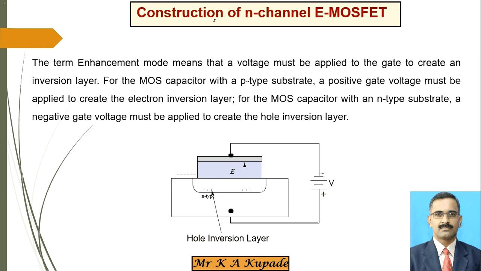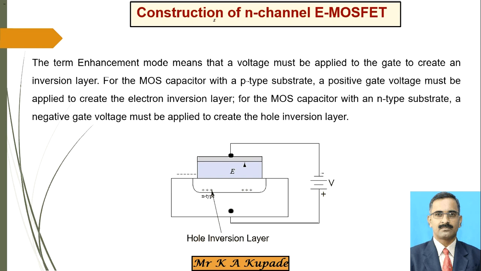In between that particular silicon layer and that particular substrate, an inversion layer should be created, and for that you have to apply some sort of voltage. Here, whatever the diffused area is there, it is called the gate terminal,